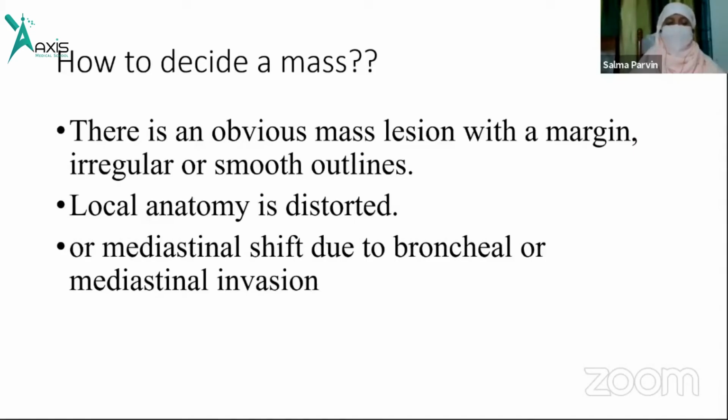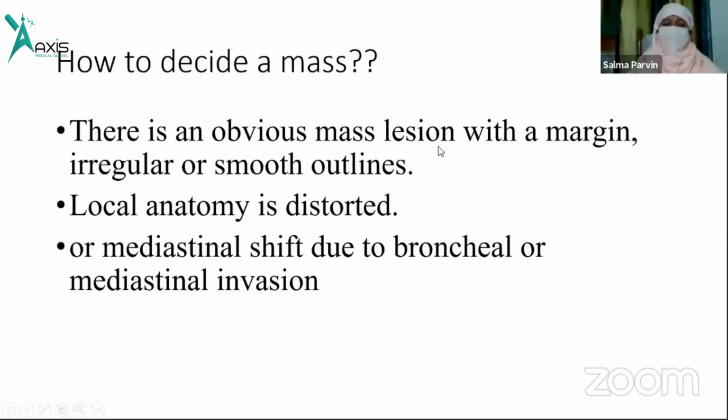This is bronchogenic carcinoma. And what is your job? The patients are roaming around, either ill or not seriously ill, but you need to declare that they don't have any problem, they are not having any mass. Then what is it that you need to go through? This is any obvious mass lesion you can get.